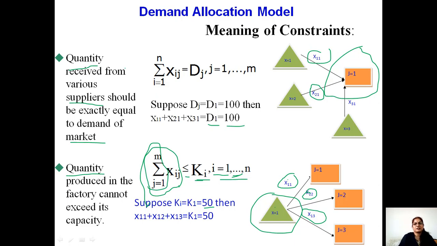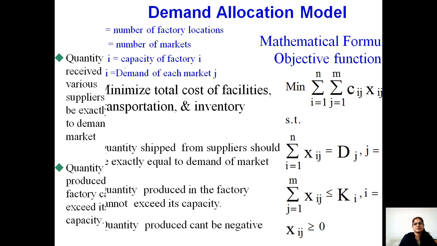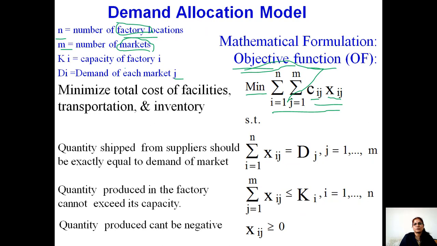So this is the meaning of the constraints. We'll just go back to the same slide. I just explained what is the meaning of this constraint and what is the meaning of this constraint. This constraint is called non-negativity constraint. These two are called structural constraints, whereas this is non-negativity constraint, which says that quantity shipped can never be